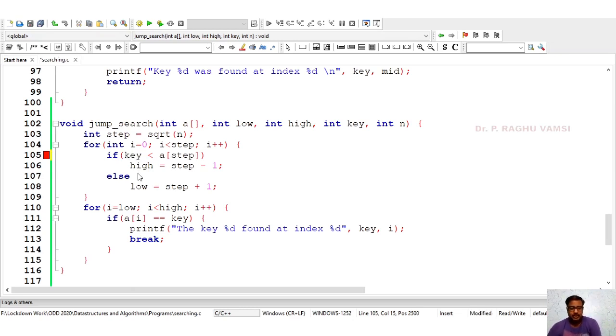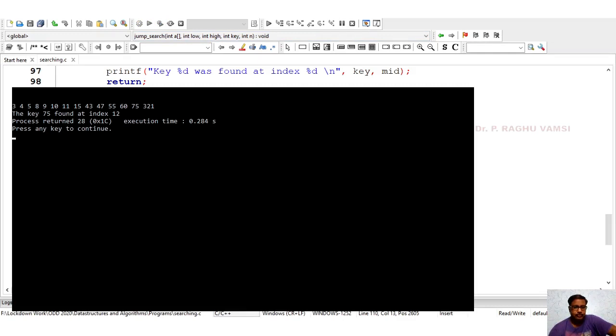Key should be compared. And here for i equal to low and i less than high and i plus plus, so int i is equal to low. The key 75 found at index 12.